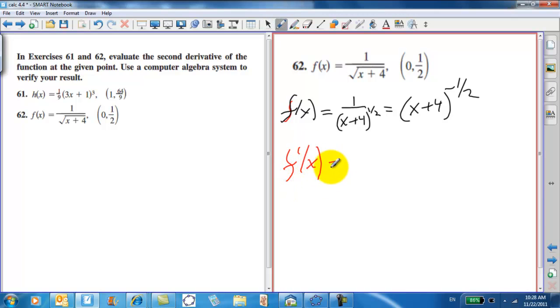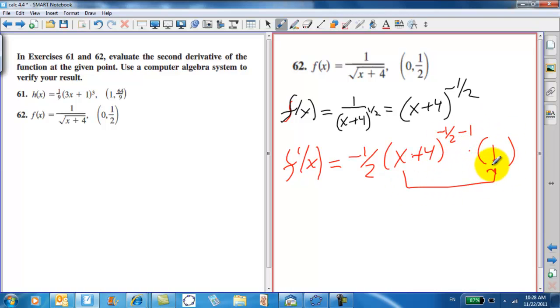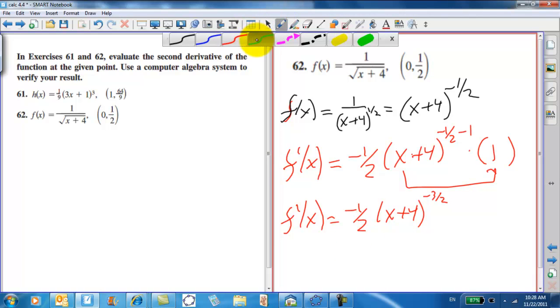f prime of x is negative a half x plus 4 to the negative a half minus 1 times the derivative of the inner function, and that's just 1. So we get for the derivative negative a half x plus 4 to the negative 3 halves. And now, since we're looking for the second derivative, this is great form for the second derivative too. Now we can say,